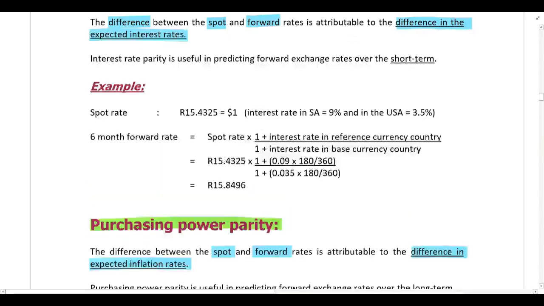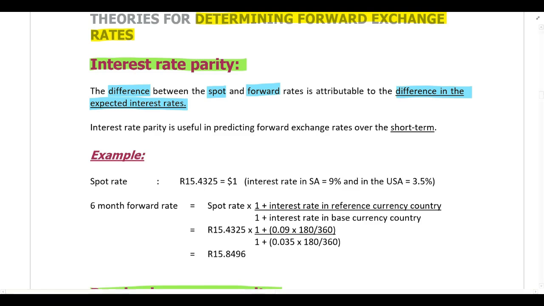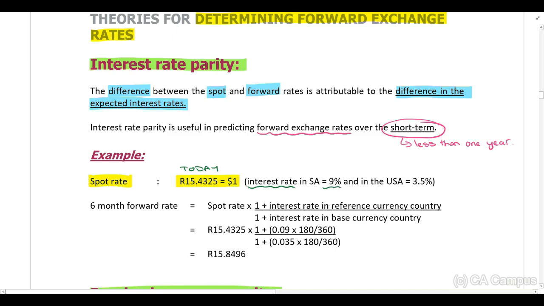So let's first just look at interest rate parity. Now, interest rate parity is used for predicting forward exchange rates in the short term. So for a period of less than 1 year. If we are given the spot rate, so you can see in the example below, I've given you the spot rate today. And I've also told you that the interest rate in South Africa is 9% and the interest rate in the USA is 3.5%. If you are given that information, it is possible to predict the forward rate using that information,